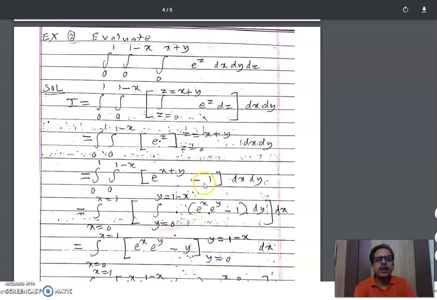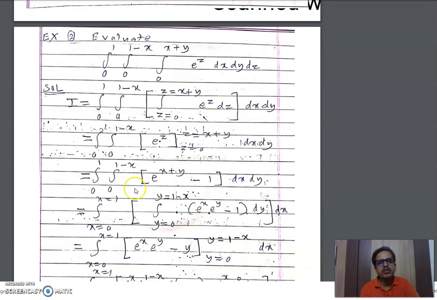and now this is a double integral, right? And here the limits of the inner integral are 0 and 1 minus x. They are functions of x alone. That means first integrate with respect to y, and these are standing for the limits of y. So we write y from 0 to y is 1 minus x. This function we have continued. dy is written here, dx is left here, and the integration of the first term e raised to x, e raised to y, keeping x constant, is again e raised to x, e raised to y, minus sign we have continued.